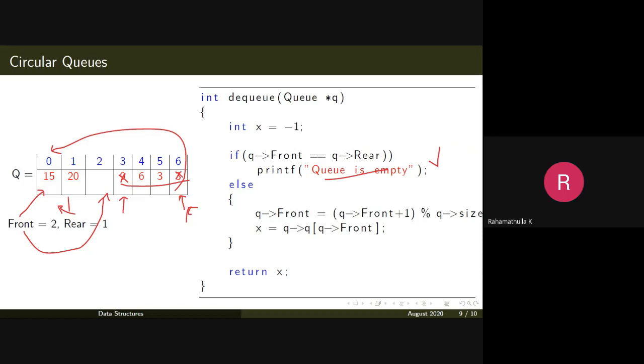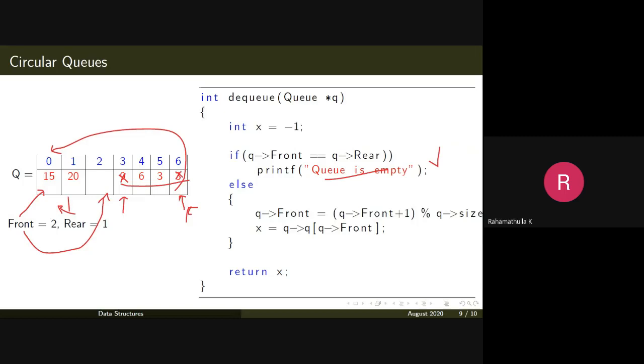So we came up with two solutions. The first was a simple solution: resetting the front and rear pointers whenever the queue is empty. You check for the queue empty condition, and whenever the queue is empty, you reset the pointers front and rear to -1, or to the initial state, so that you can again insert elements. But there also you cannot guarantee complete reuse of the vacant spaces in your array.